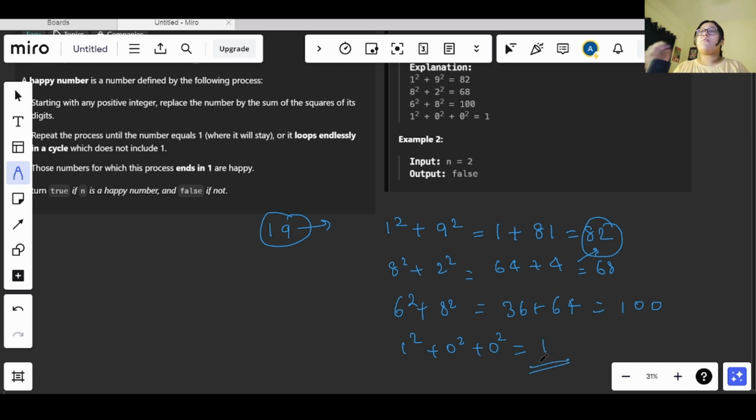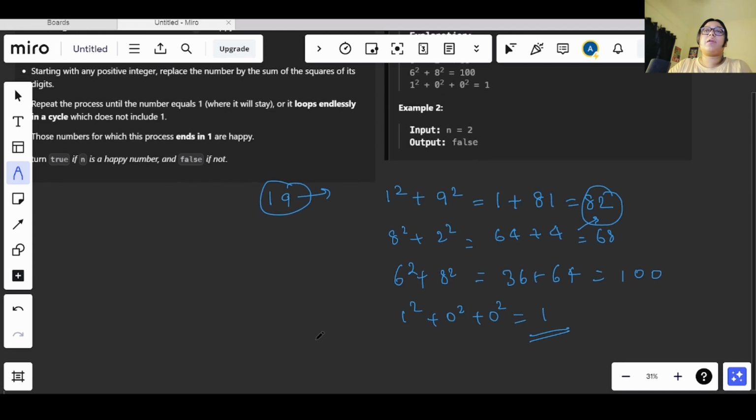So we are adding the squares until we see a 1. Now there can be cases where even after squaring the numbers we are not getting a 1. Let's say we have 2 here. We take the square of 2, so we will be getting a 4 here, right?